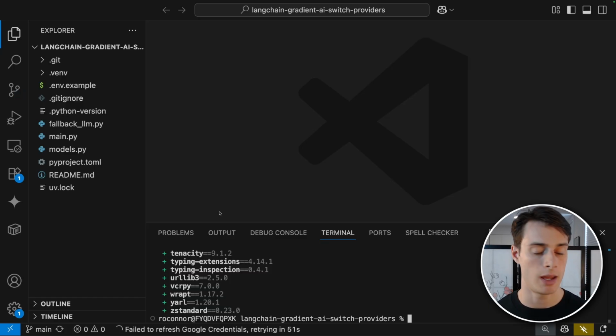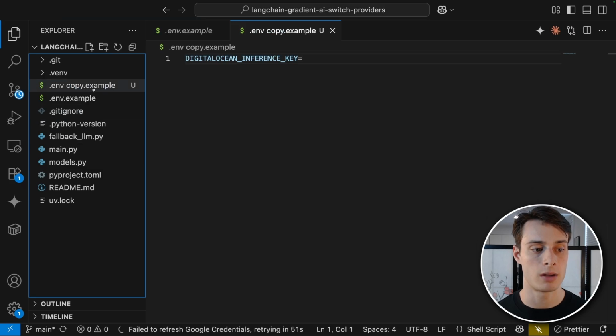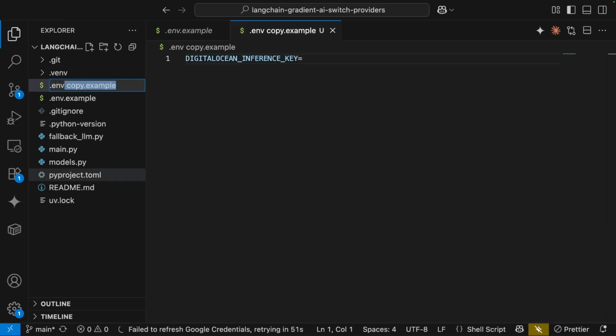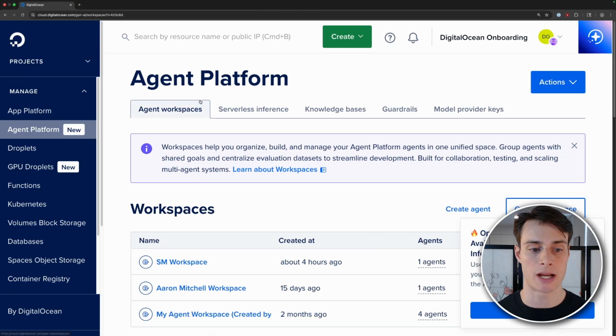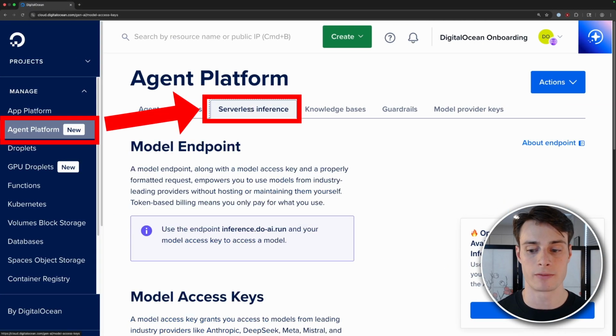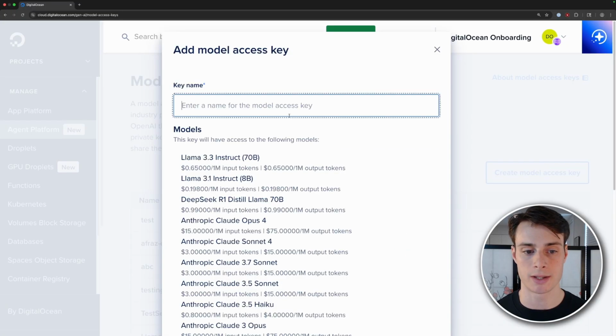Open up a terminal and run uv sync, and this will quickly install all of the dependencies that you need for this project. And then finally, all we have to do is copy and paste this environment file, and then you can go ahead and rename it just to .env. You see here, we just need one API key, and that's the DigitalOcean inference key. So go ahead and open up your DigitalOcean dashboard, go to serverless inference, and then scroll down and click create model access key. So you can go ahead and give your key a name,